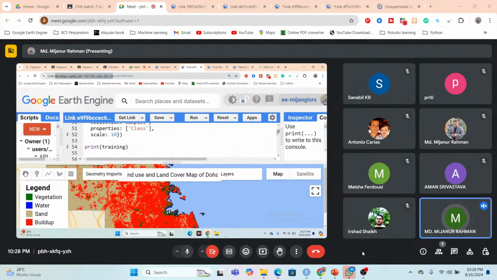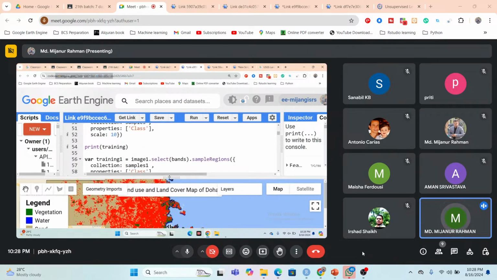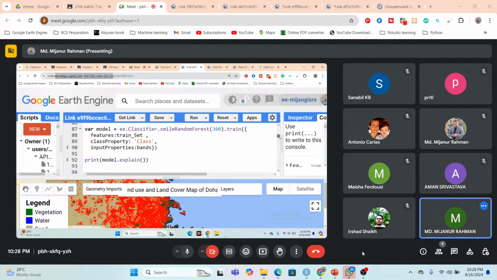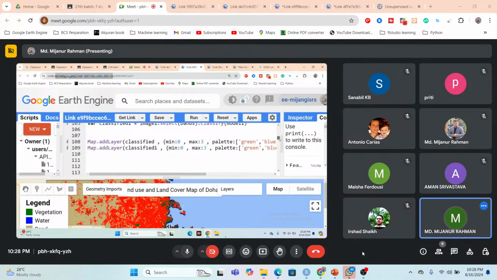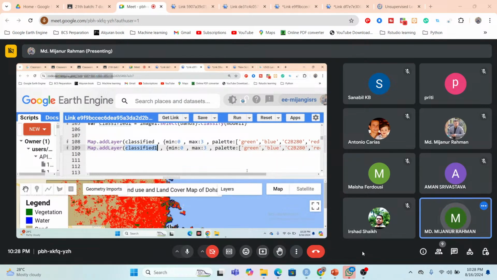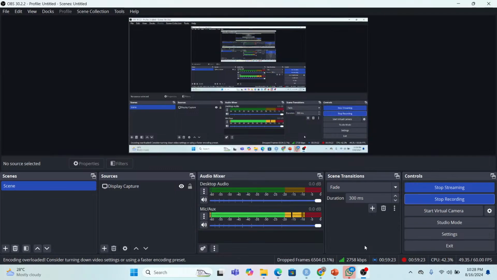This is the code. We already know how we can easily make the land use, land cover classification map using the random forest algorithm. We already created these two maps: one is classified, another is classified one. Classified is mainly the map for the year 2013, and classified one is for 2023. We are just creating two variables, and further we just store these two decade land use, land cover maps. So now I want to